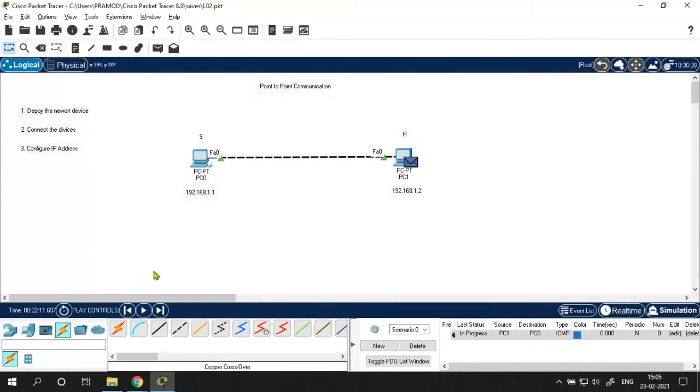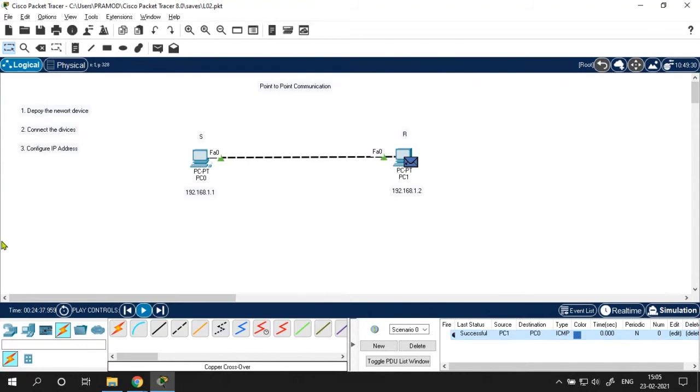Let's see what happened when we click on this play. This is hands free. I do not need to click again and again. This time the source is PC1 and destination is PC0. So the packet is being transmitted from PC1 to PC0. Now again the acknowledgement is sent back, the communication is successful.